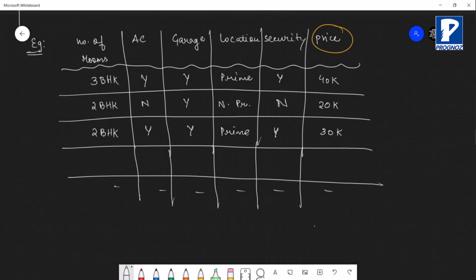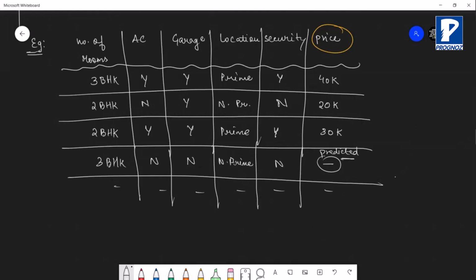Let's say you have a 3 BHK house, AC is not provided, garage is not provided, location is non-prime, and security is also not provided, and the price of the house is something which you have to predict. For that, we will have to use different machine learning algorithms. Simple as that.